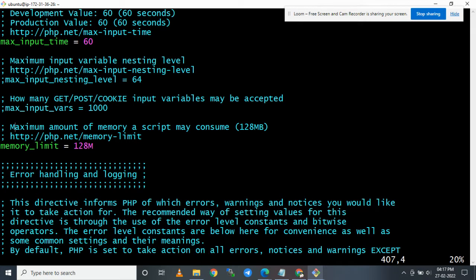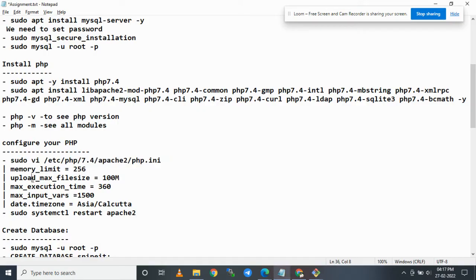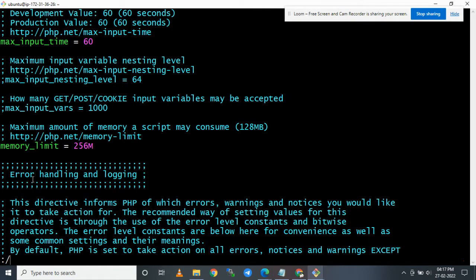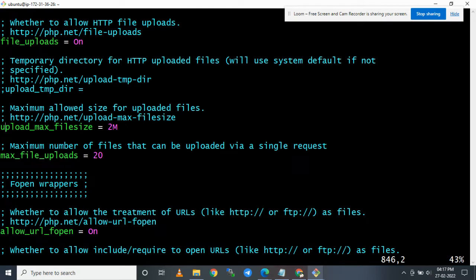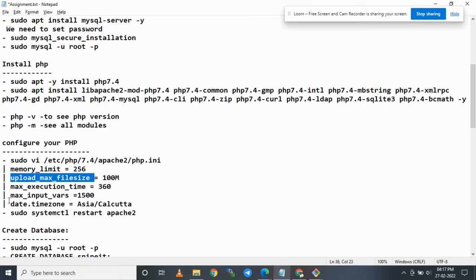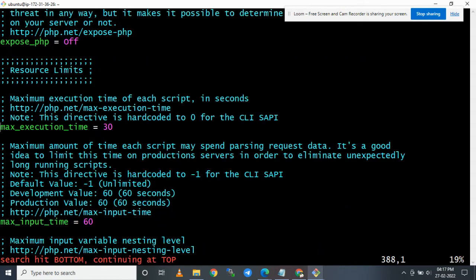Memory limit is 256. Upload maximum file size is 100 MB. Maximum execution time is 360.